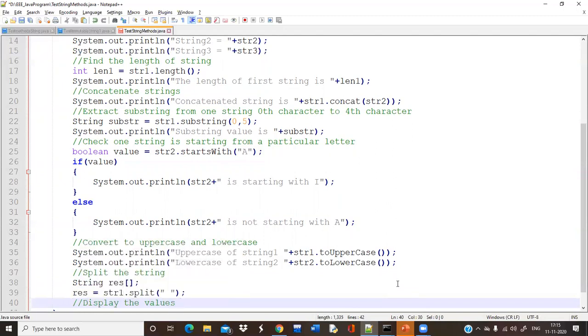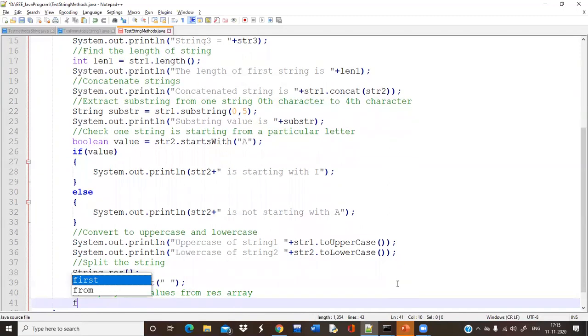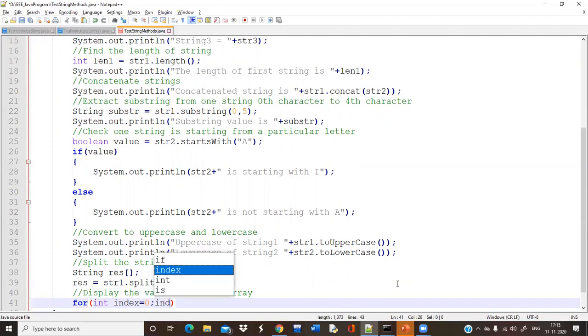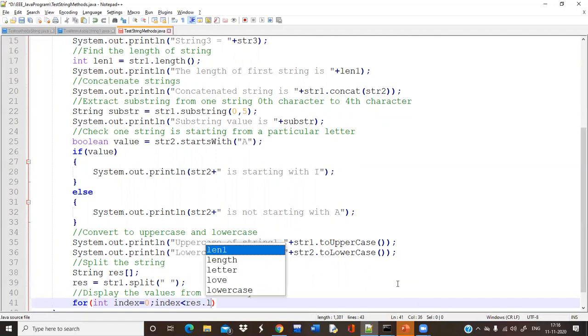Display the values from this array. Okay, so how to display the values? Suppose integer index equal to 0, index less than length, and it's an array length.